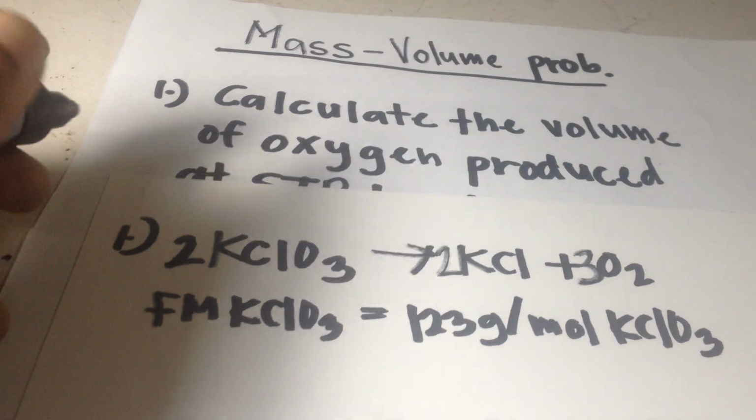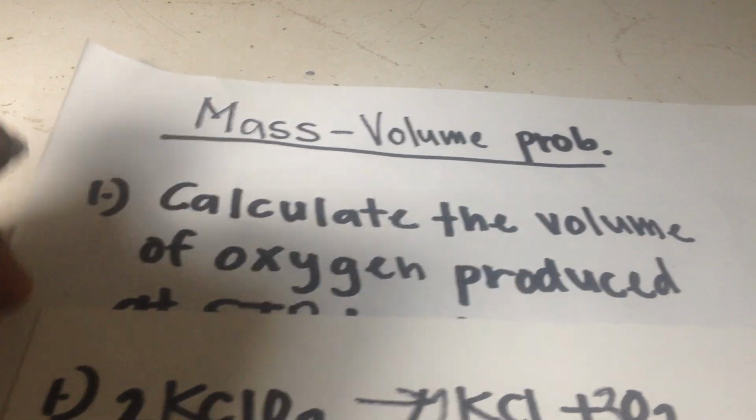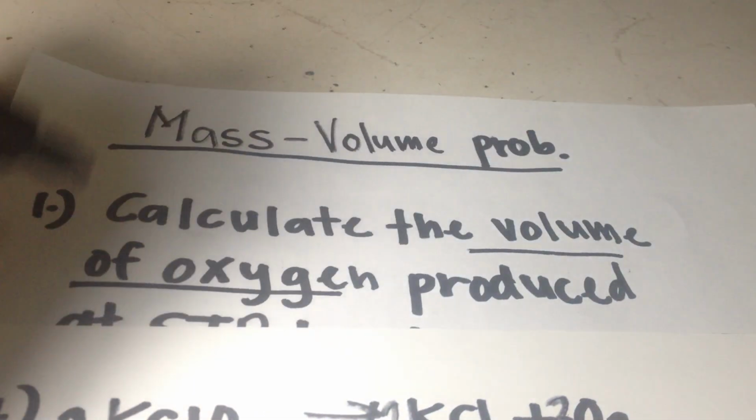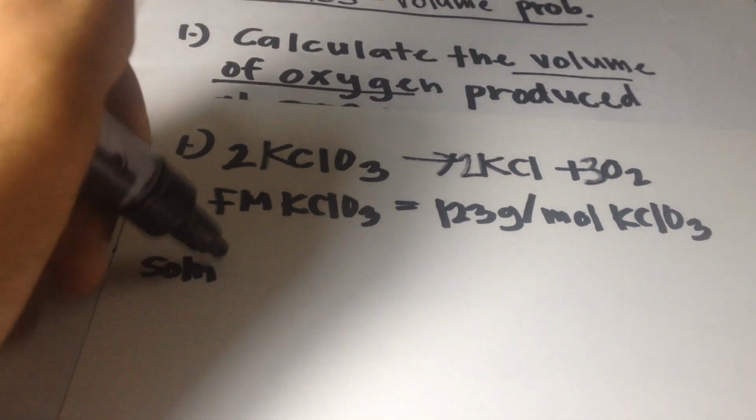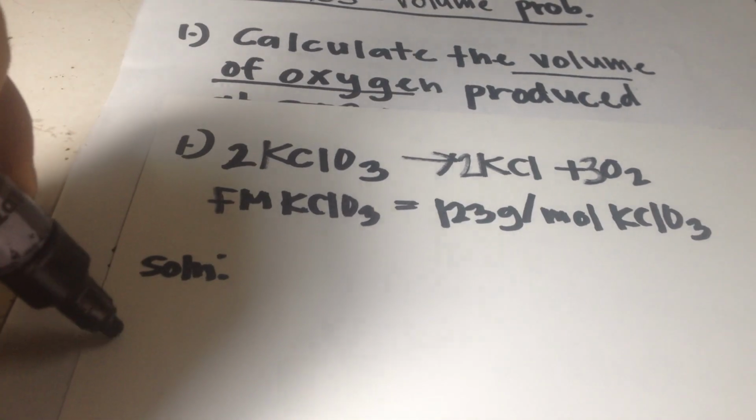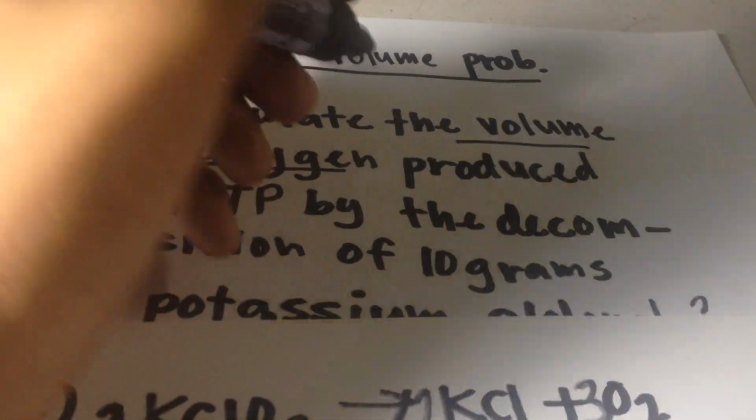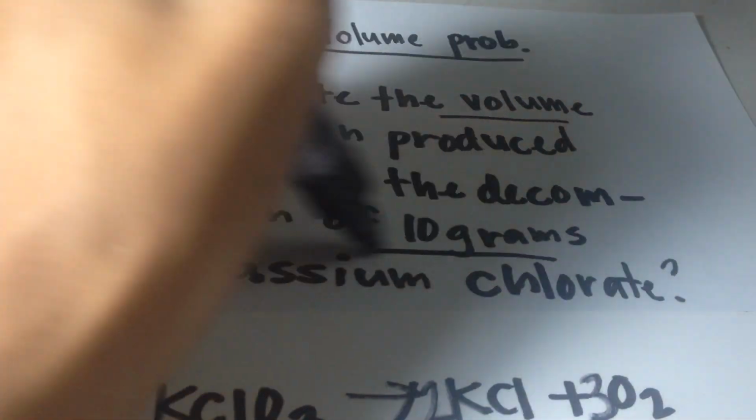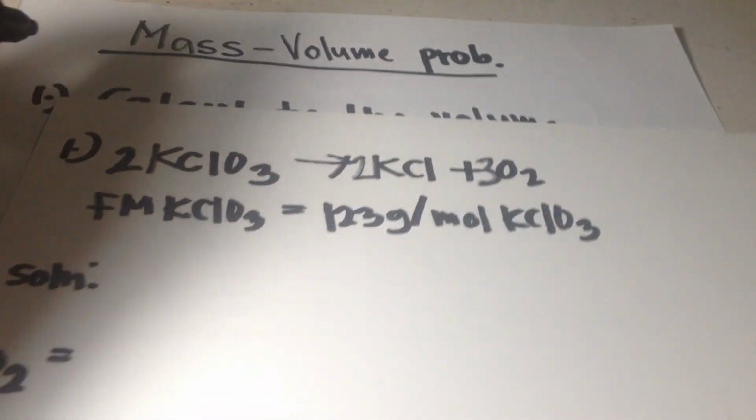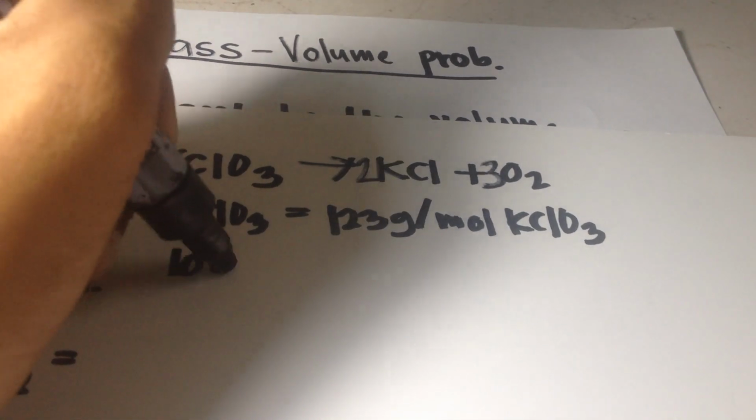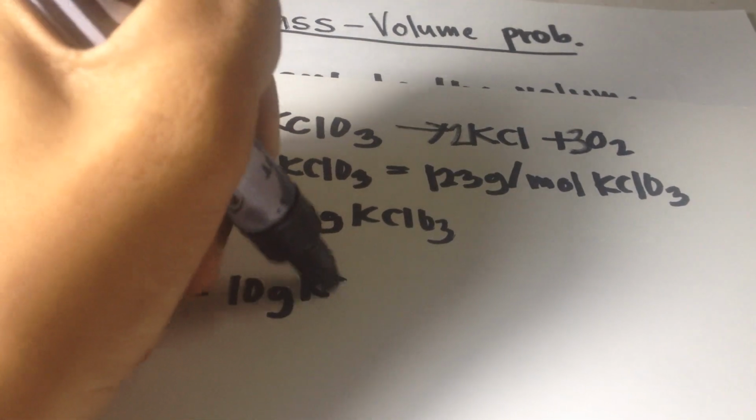Okay, so we need to solve for the volume. The question is to calculate the volume of oxygen. So let's begin. Solution. The volume of oxygen is equal to, we have 10 grams here, 10 grams of potassium chlorate. I forgot to put it here, so you need to put 10 grams of potassium chlorate